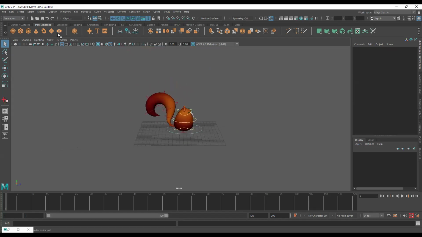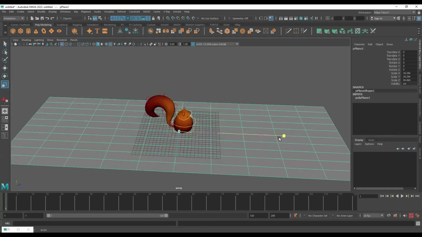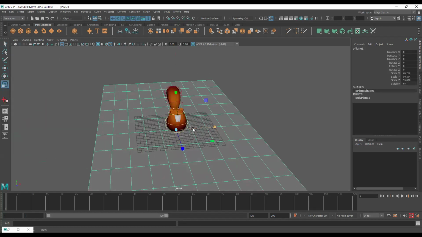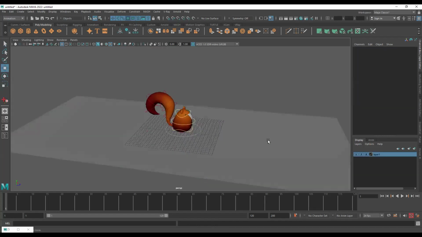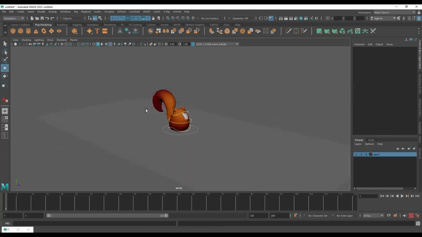Let's create a floor. So this will be a forward jump. That means that the squirrel will be jumping forward, right? So it will be covering a length. So the floor that I'll create, I'll make it longer like this. Okay. And I'll put it in a layer, set it to reference. Okay,